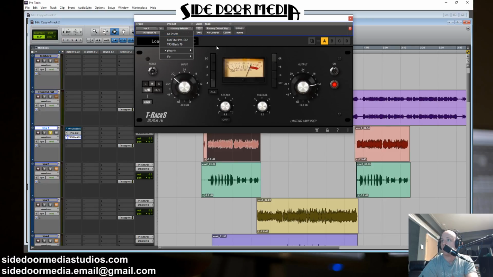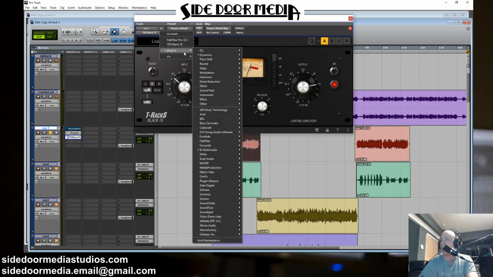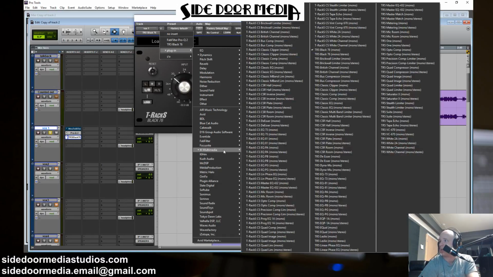They got SSL channel strips. They have, let's look real quick. IK Multimedia. They got, this is just double, because I upgraded to the new one. They put out the HD version. It's just a new UI. It's called TR5. So this stuff is the same as this stuff. But you got limiters, clippers, bus compressors. You got an SSL bus compressor, but this one is nice because you can do a